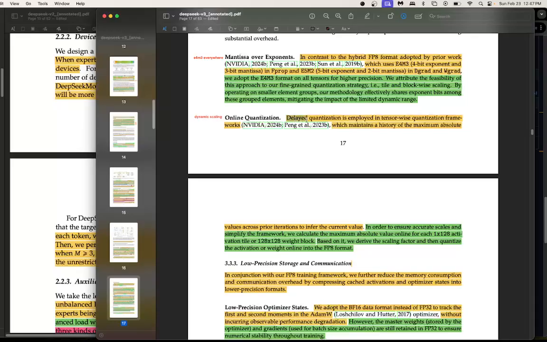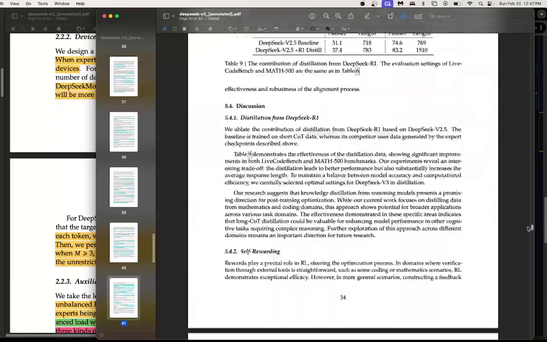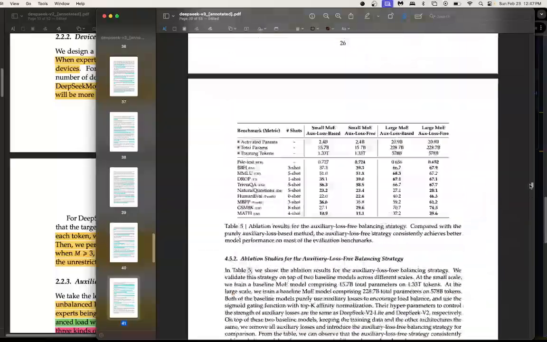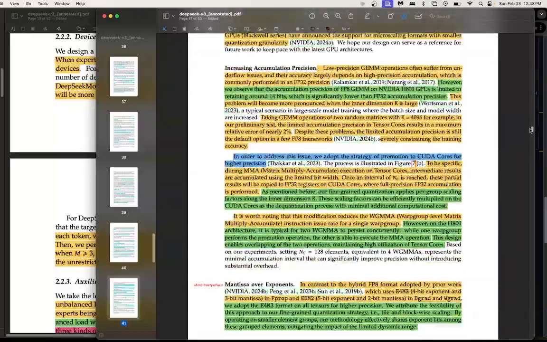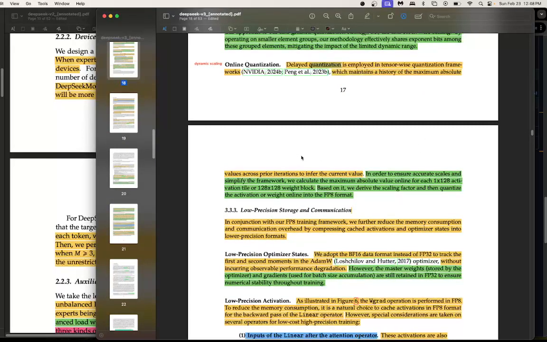Previously there was also something called delayed quantization, which means that they basically track some values over some number of iterations and then compute the scaling factor based on the historical values. So you can see delayed quantization maintains a history of maximum absolute values across prior iterations and infers the current value. But they simplify and just basically calculate it per tensor directly,